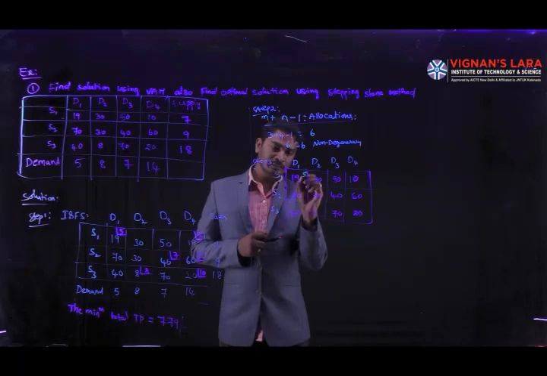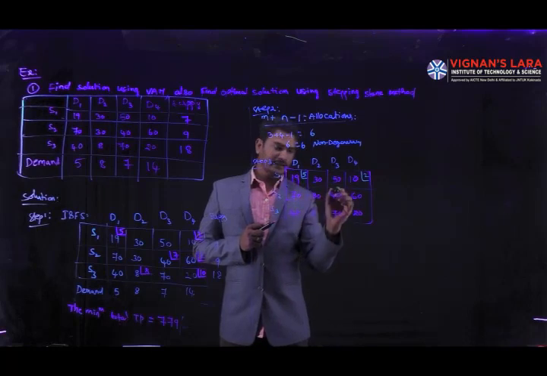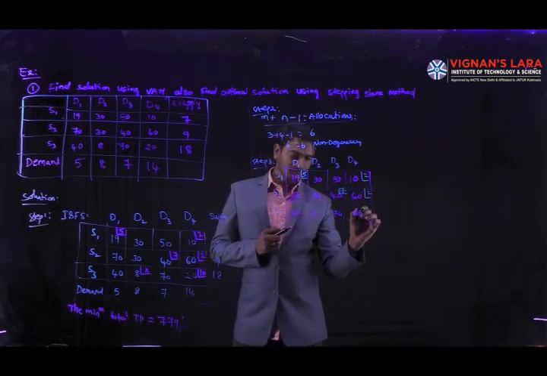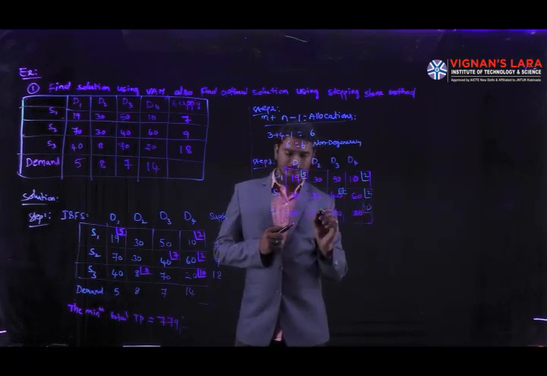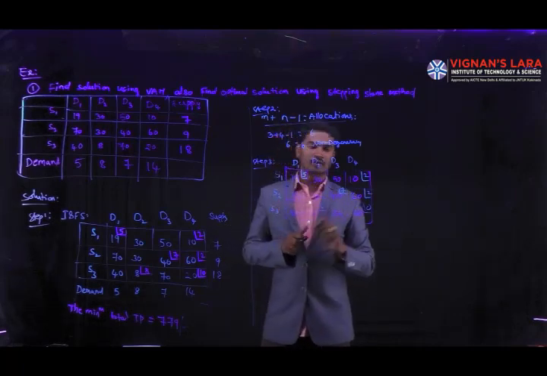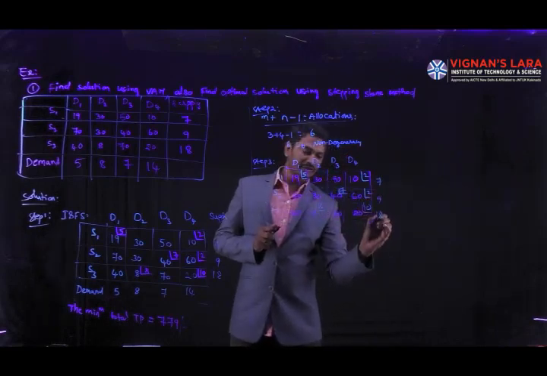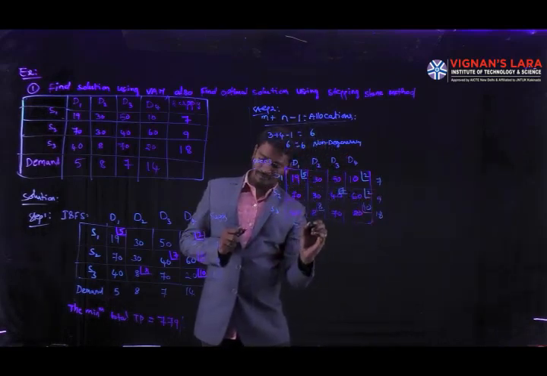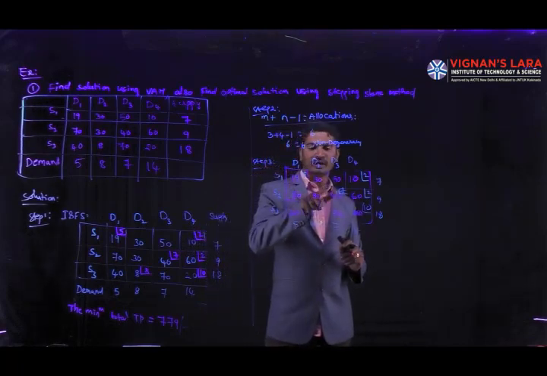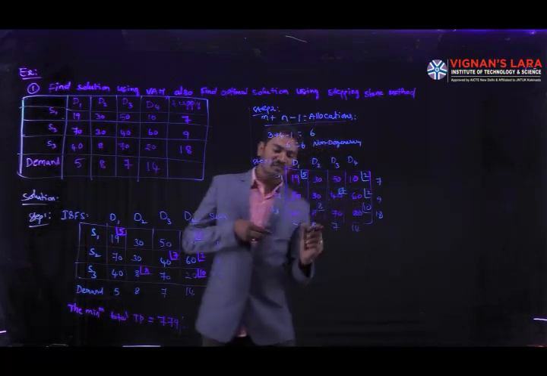5 is there, here 2, here 7, here 2, 10, 8. Now we are going to draw the loop for each station. Supply is 7 units, 9 units and 18 units. Here 5, 8, 7, 14. Coming to the first row, here we have 2 unallocated cells. The first unallocated cell is at S1 D2.